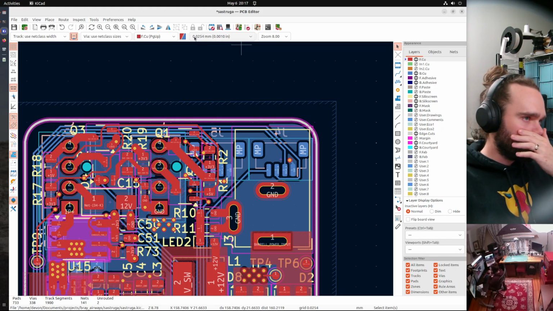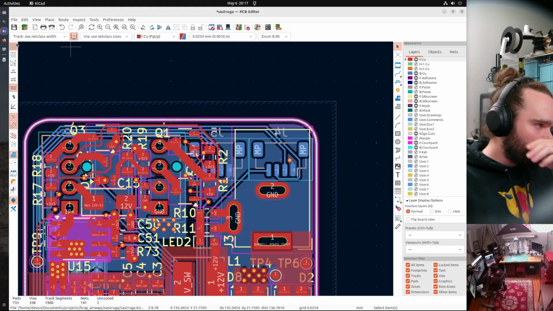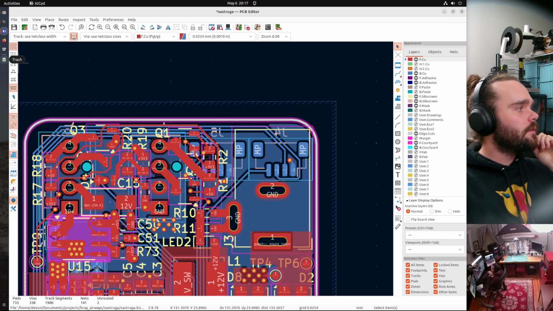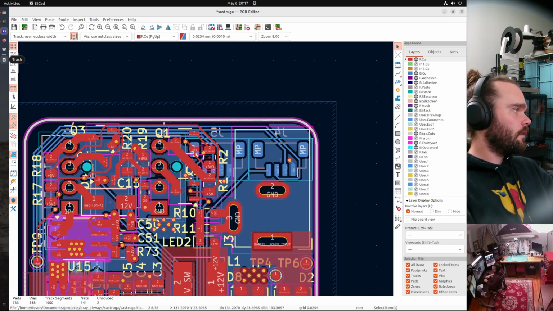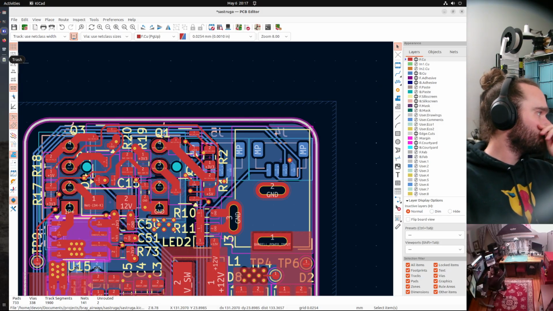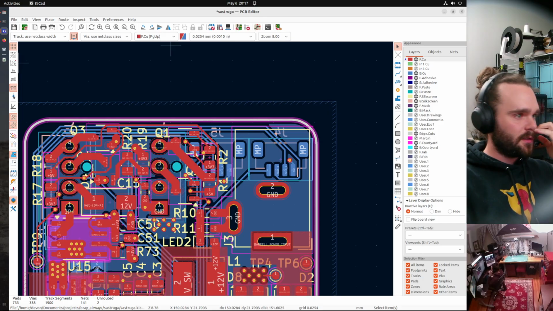So can I do update footprints? Is there a KiCad? Doesn't look like it.